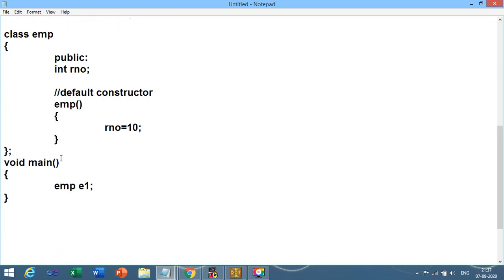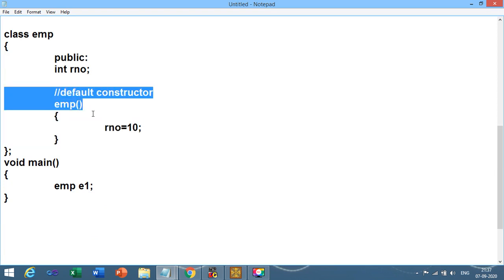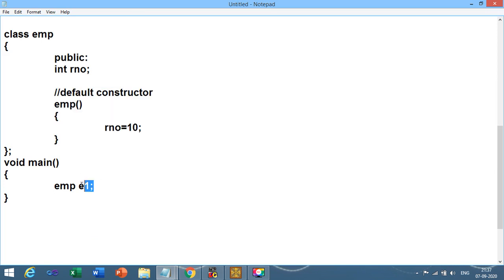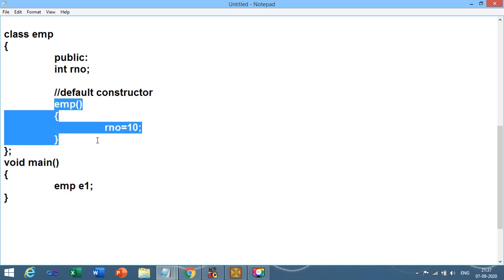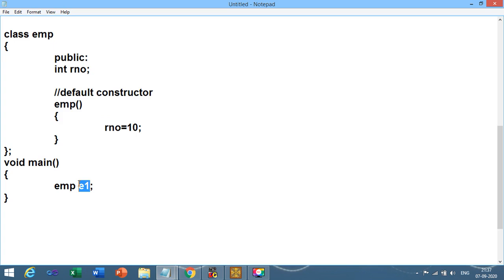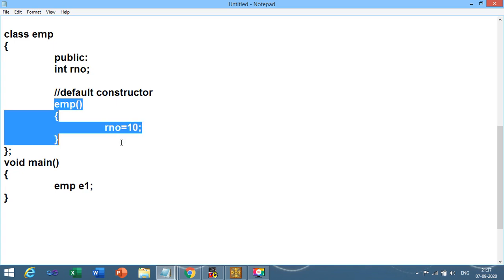When you declare a default constructor inside the class, at that time when you create the object of the particular class in which the constructor is declared, it will call the default constructor of the class and execute whatever code you have written inside the constructor.